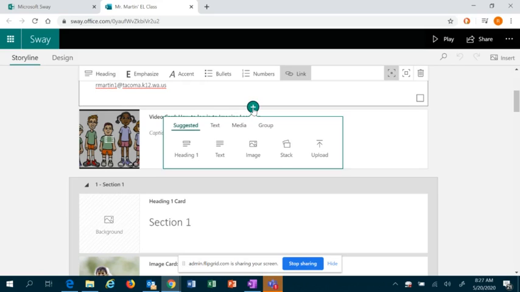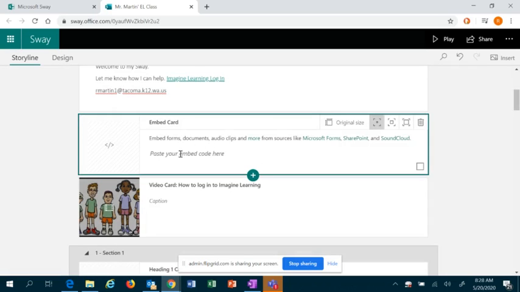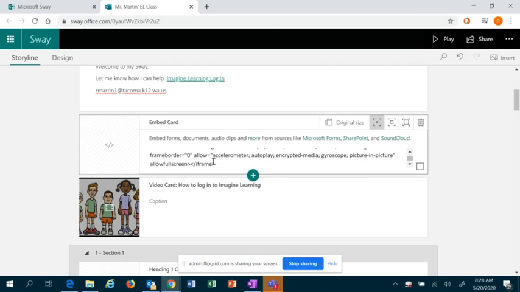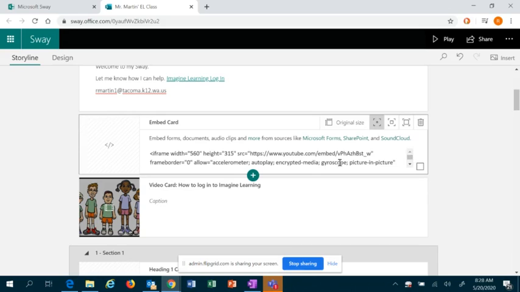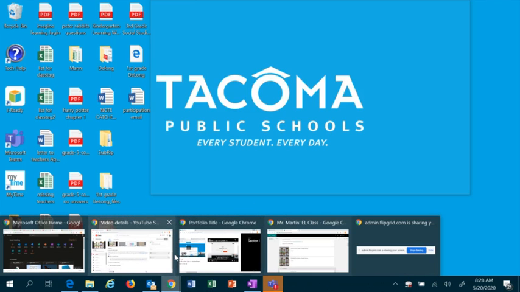So we want to go ahead and click a new, I believe they're called cards or something like that. You're going to click that and then go to media and you see embed. Go ahead and click embed. This is where you paste your embed code, right click or Control V. Go ahead and paste that. You remember I copied that about 3 hours ago, right? That's the embed code that you copied from your YouTube video. So you go back to your, if you remember that from the YouTube video, you